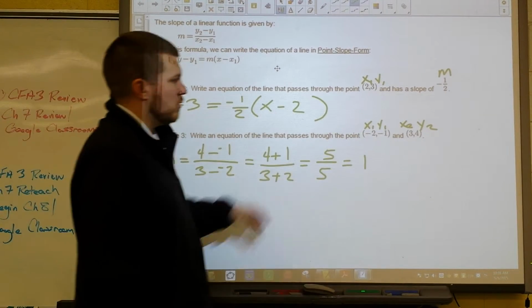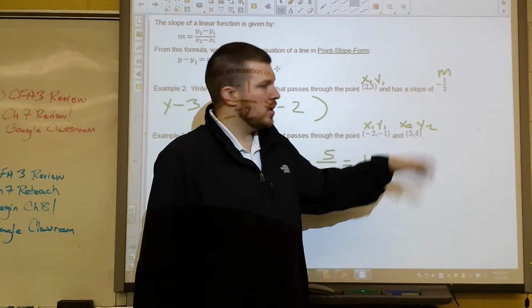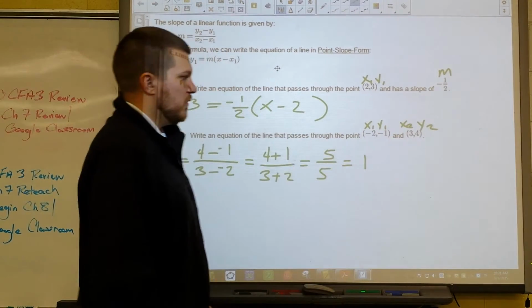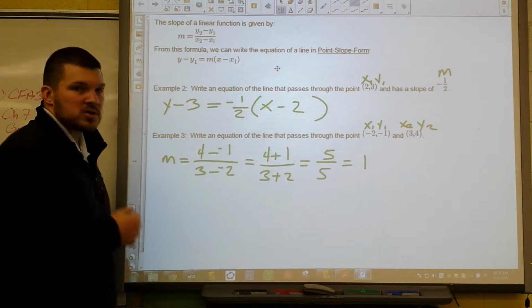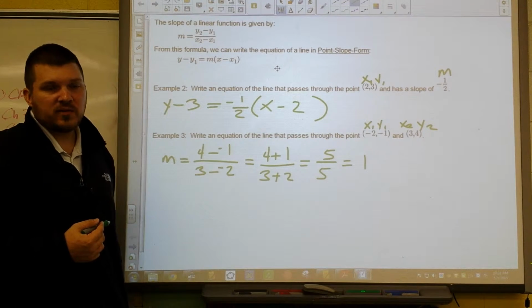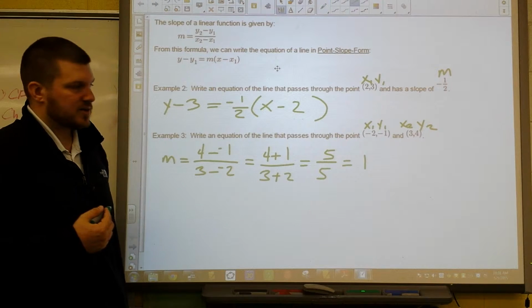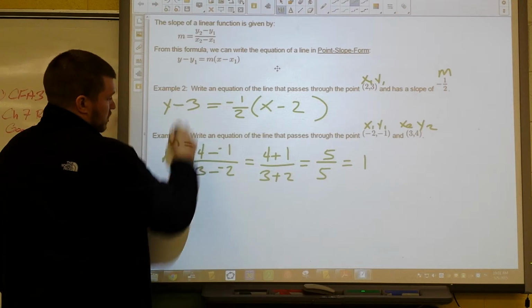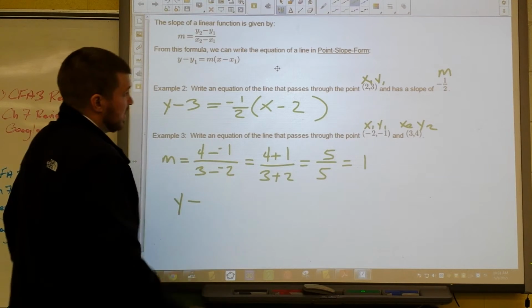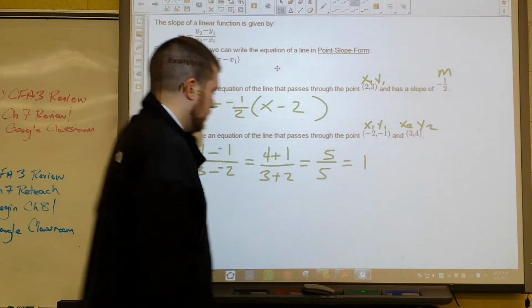Now, it doesn't really matter which point I use. I'm going to use the second point because both of those numbers are positive. You can use the first point, but it doesn't really matter because if we got y by itself and graphed it, we're going to come up with the exact same line, and that's all that really matters. So, using my point slope formula, I have y minus, in this case, y2, because I'm using the second point,